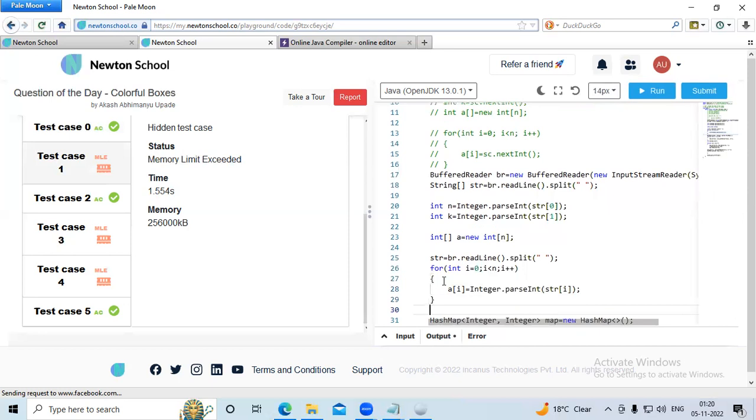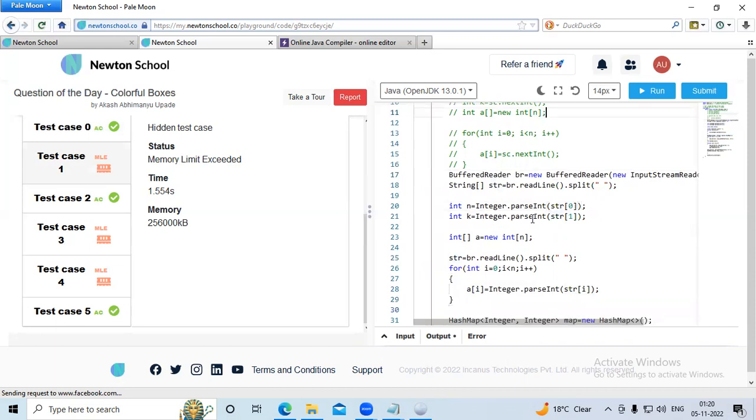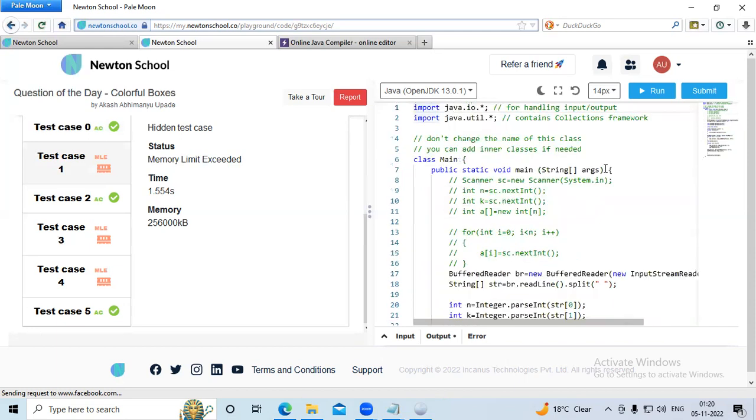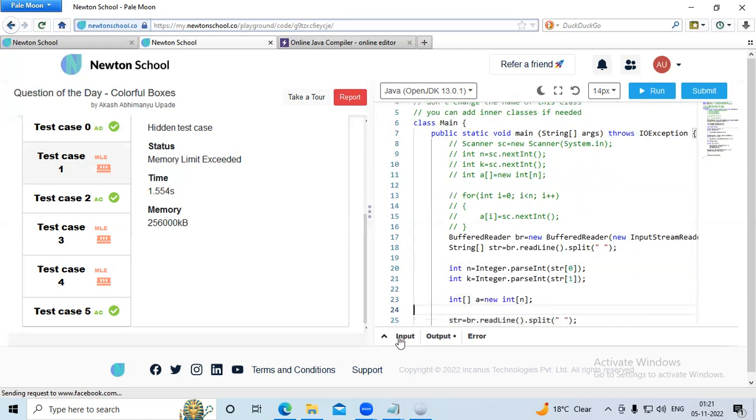ओके, सो ये हमने बफर रीडर क्लास लिया यहाँ पे यूजर से इनपुट लेने के लिए। और जब भी हम बफर रीडर क्लास लिखते हैं, तो मेन क्लास में हमको यहाँ पे लिखना पड़ता है throws IOException। ये हमको जब भी हम बफर रीडर क्लास यूज करेंगे इनपुट लेने के लिए, तो कंपलसरी लिखना पड़ता है मेन क्लास में। इसके सिवा ये प्रोग्राम रन नहीं होगा। अगर ये हम यहाँ पे नहीं लिखेंगे तो ये एरर थ्रो कर देगा। ओके, सो अभी हम इसको रन करके देखते हैं।